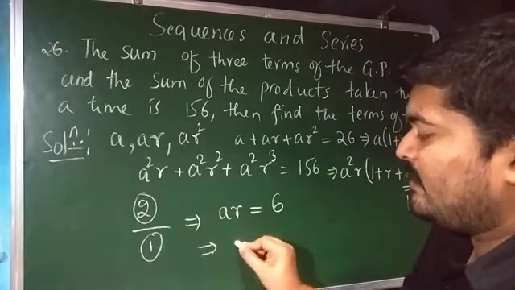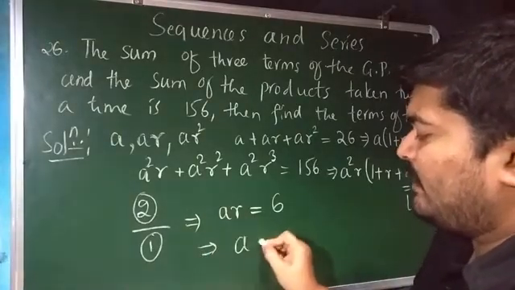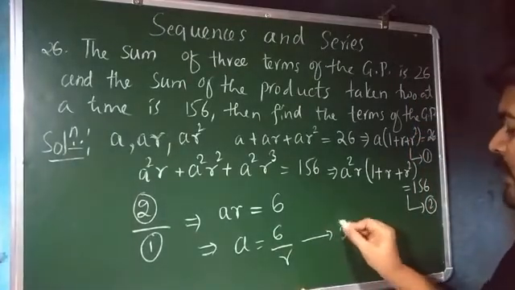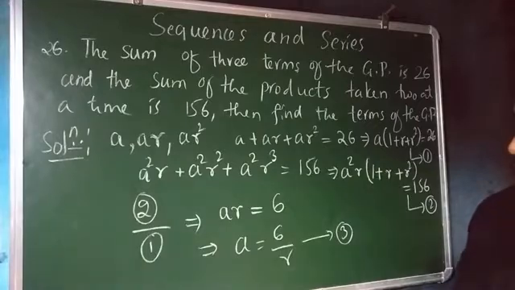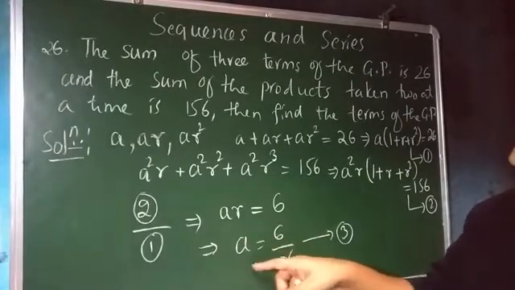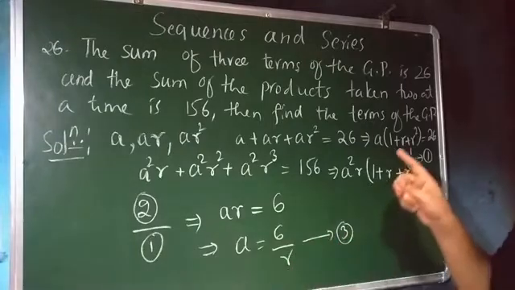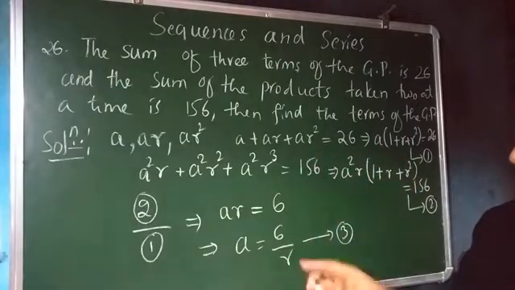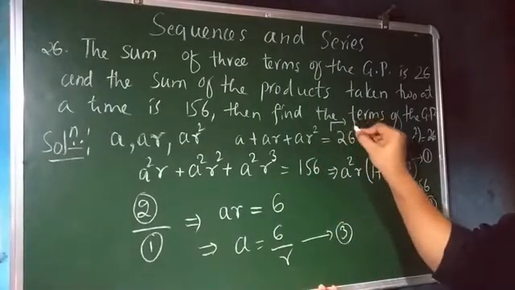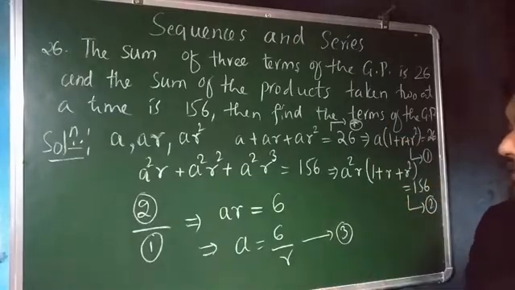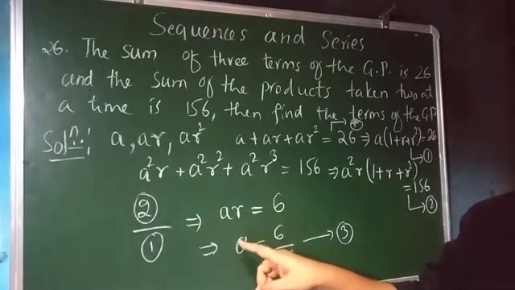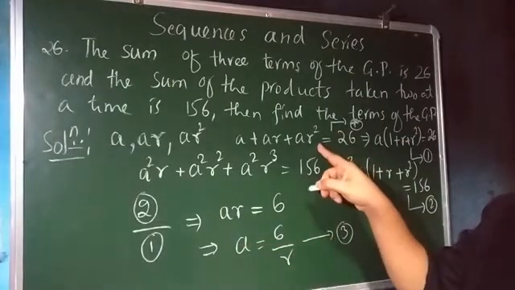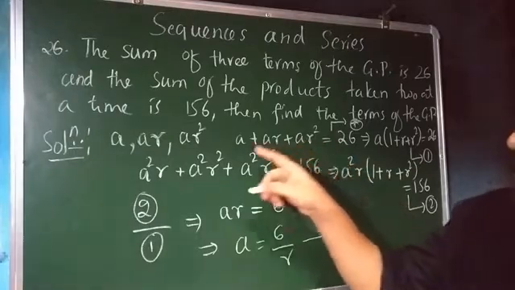Now this implies A value, I will consider, is exactly equal to 6 by R. Call it equation number 3. Now in the next part I am going to substitute the expression for A as equal to 6 by R in equation number 1, or here in this expression itself you can utilize. I will call this expression equation star for your reference. I am going to do the substitution for the value of A as 6 by R in this expression, that is expression star, and continue further.